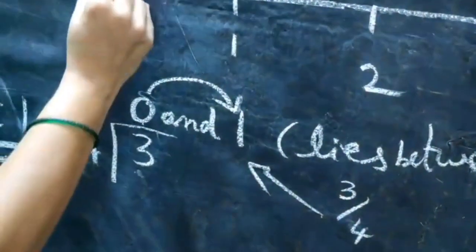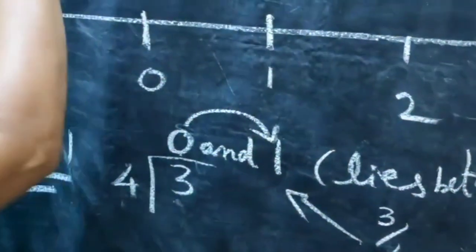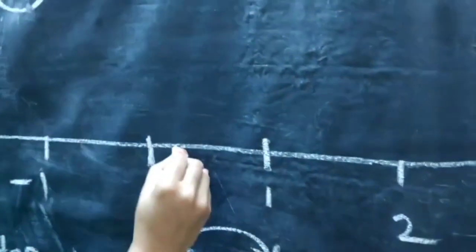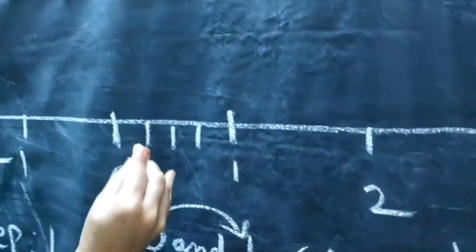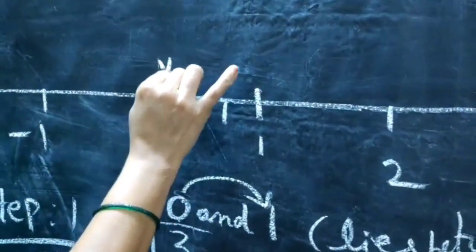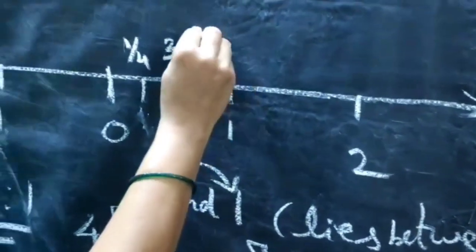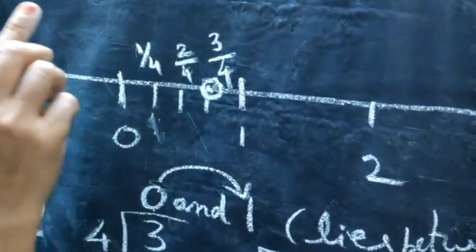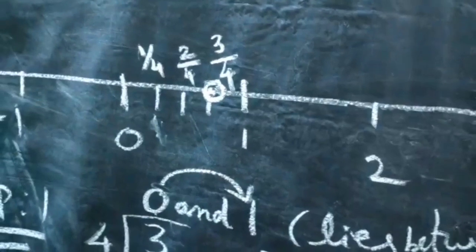So between 0 and 1 we mark again. How many parts are there? 3 parts. Here the denominator is 4. Draw 3 lines only; for 4 parts, 3 lines are enough. First line, second line, third line. So to mark 3 by 4: first 1 by 4, next 2 by 4. This point is 3 by 4. Write your note carefully, and mark very carefully. Understand this sum? Any doubt?